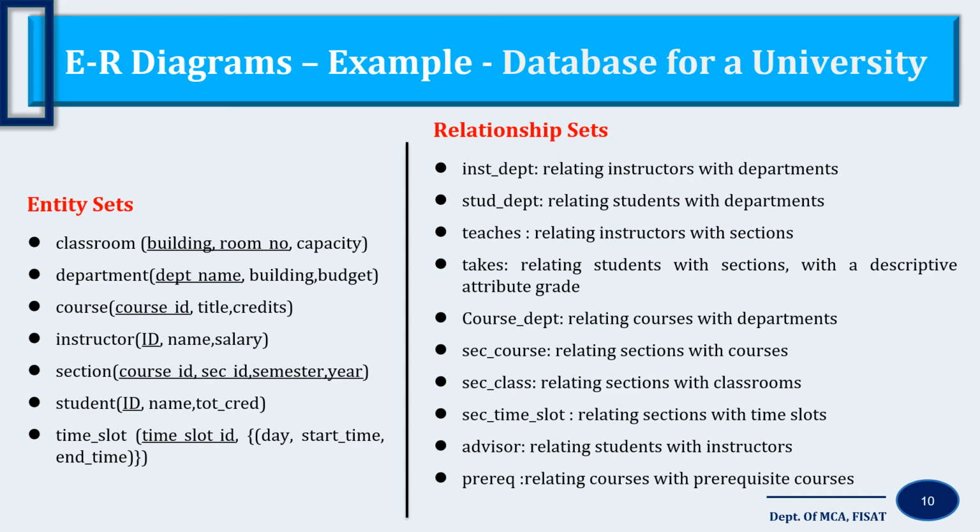So the first step is to identify the entity sets. The second step is to find out all the attributes that describe these entity sets, identify the keys, identify the type of the attributes, etc. Then find out the relationships between these entities. After finding all these relationships, we are going to draw an ER diagram. Entity sets are represented by using a divided rectangle, and the relationship sets can be denoted using a diamond, right?